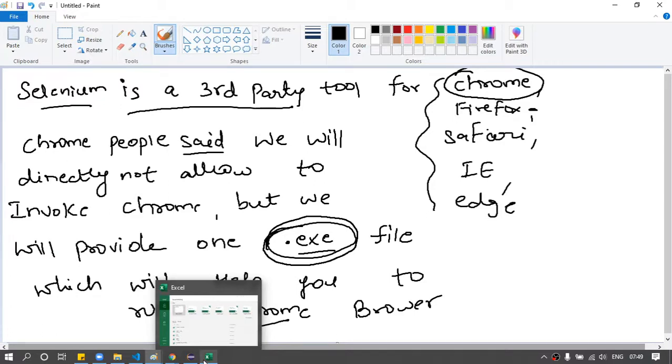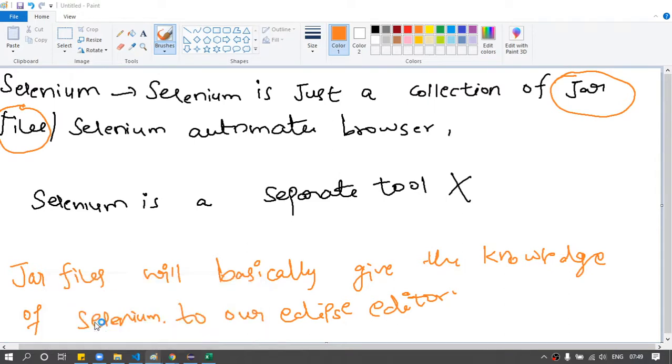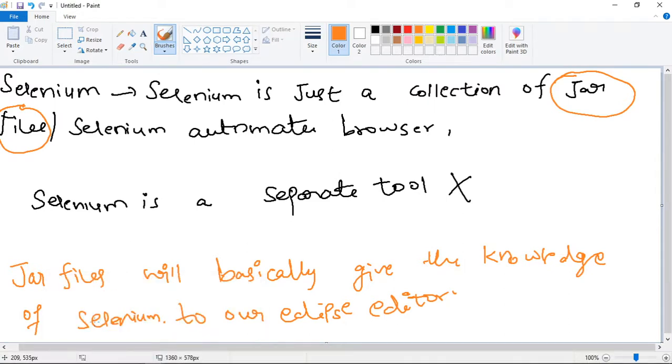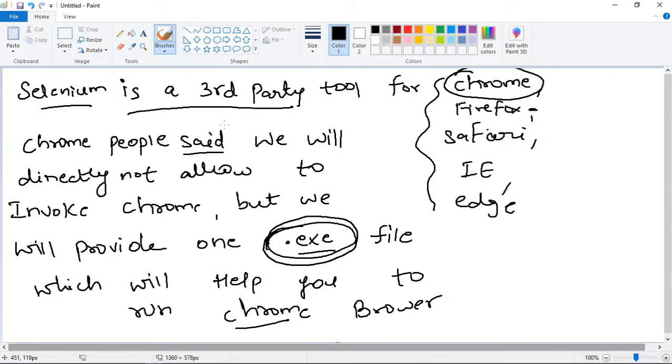What I have said earlier, can you repeat? If you can go to the different page. Yeah, here, open it. This one, you said people say Selenium is a separate tool, and you said it's not a tool. Yeah, actually it is not a tool. Somehow I have written that, but it is not a tool. You can see here we are not downloading any tool, we are just providing the jar files, right? So let me correct it.